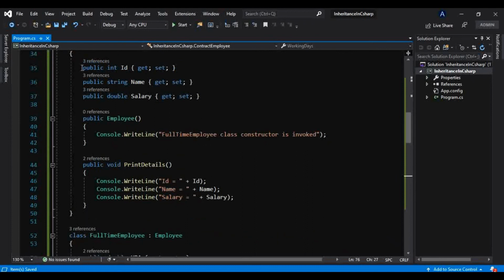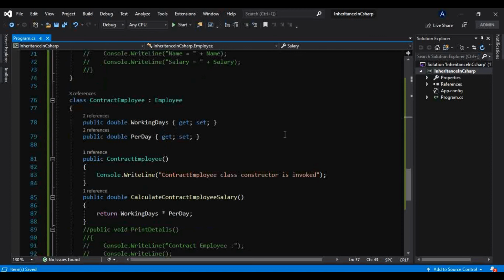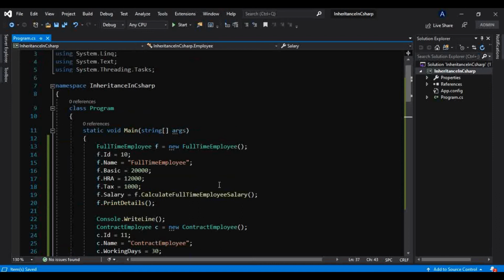If we had put all these properties in both classes, the full-time and the contract employee, it would not be readable code. There would be code redundancy and code duplication. This code is more readable in comparison to that. So inheritance gives us the advantage of code reusability. And there is also code extensibility.